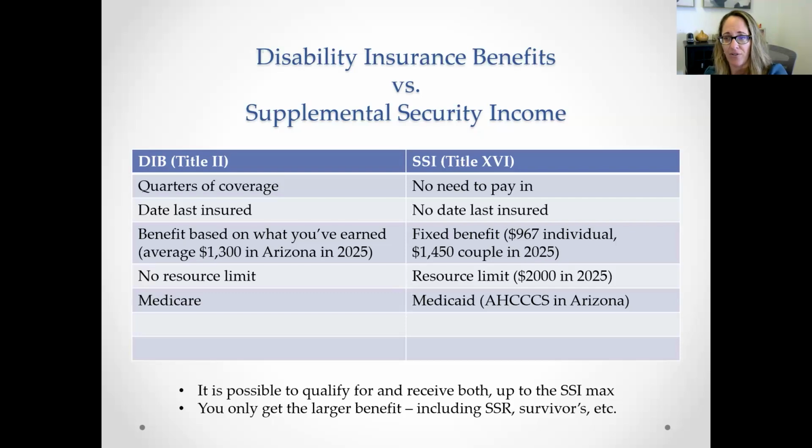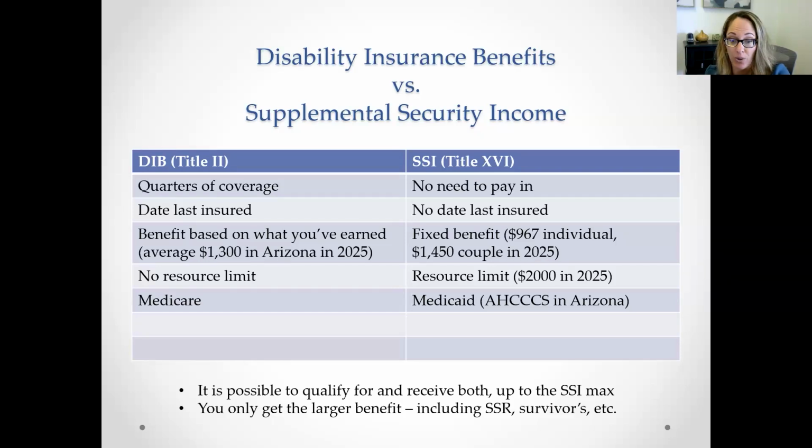Another difference is that if you're approved for SSI, you don't get Medicare. Instead, you get Medicaid, which in Arizona is Access health insurance. So a lot of people are already on Medicaid. Basically, you'll get to keep Medicaid, and it's tied to your designation as getting disability under SSI. So these are the two major programs. There are also some other ones that we're going to talk about in a minute that fall under these, but these are the two major umbrellas.